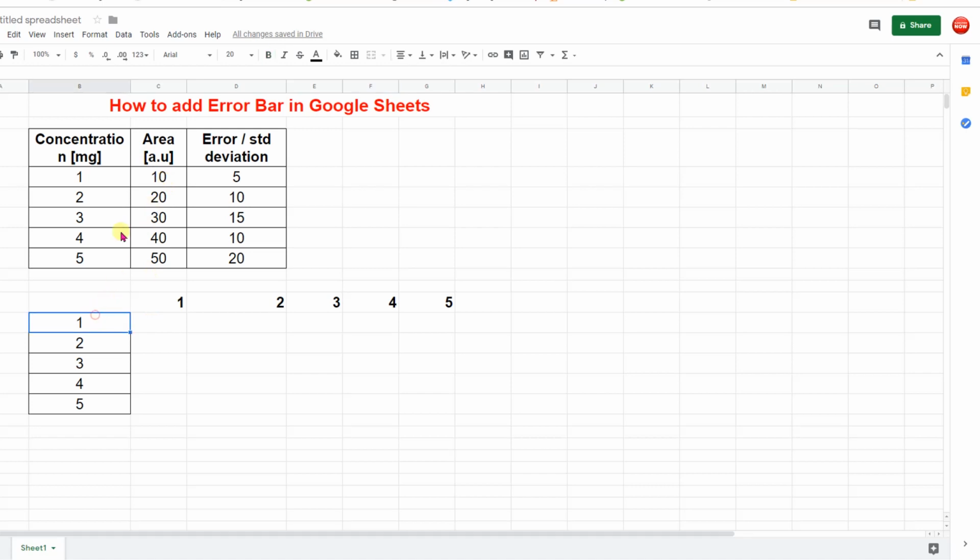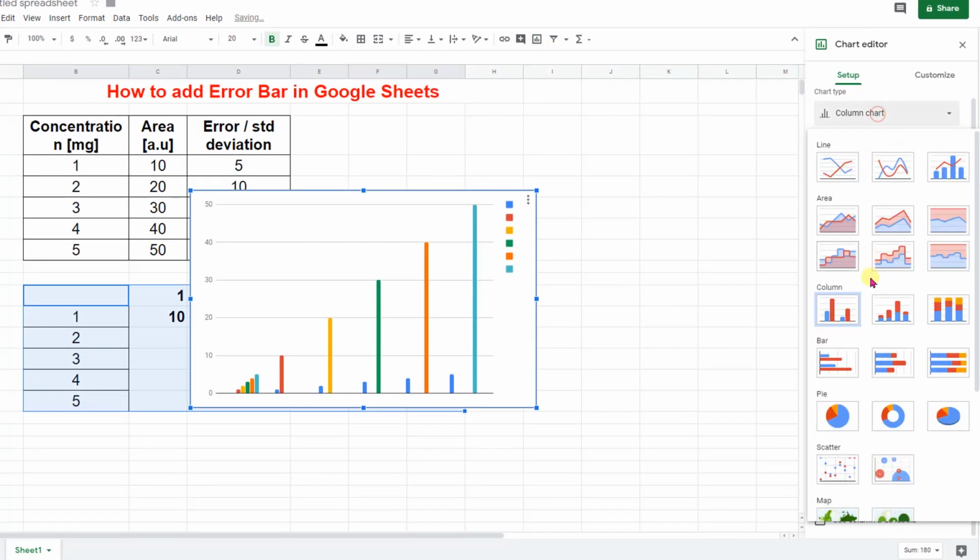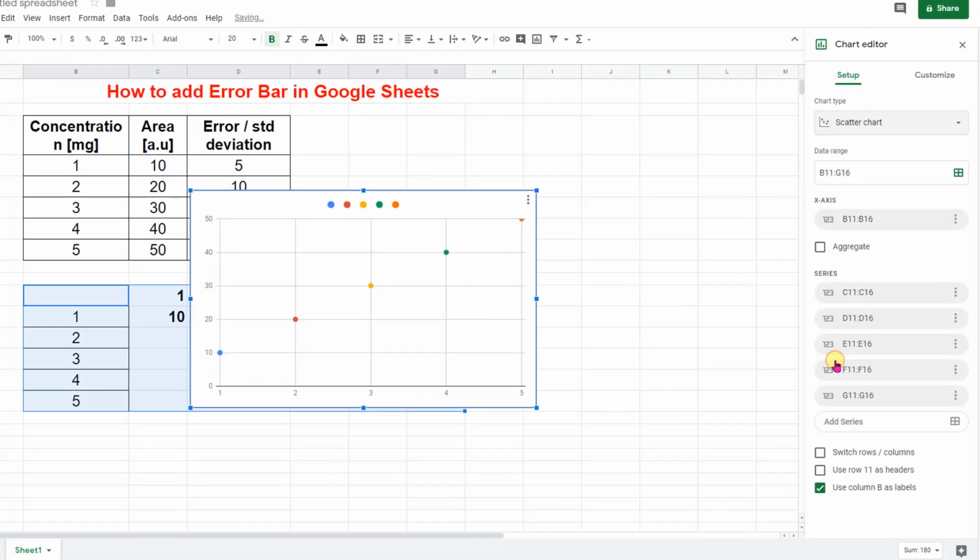So for 1 mg concentration the area is 10, for 2 it's 20, for 3 it's 30, likewise 40 and 50.